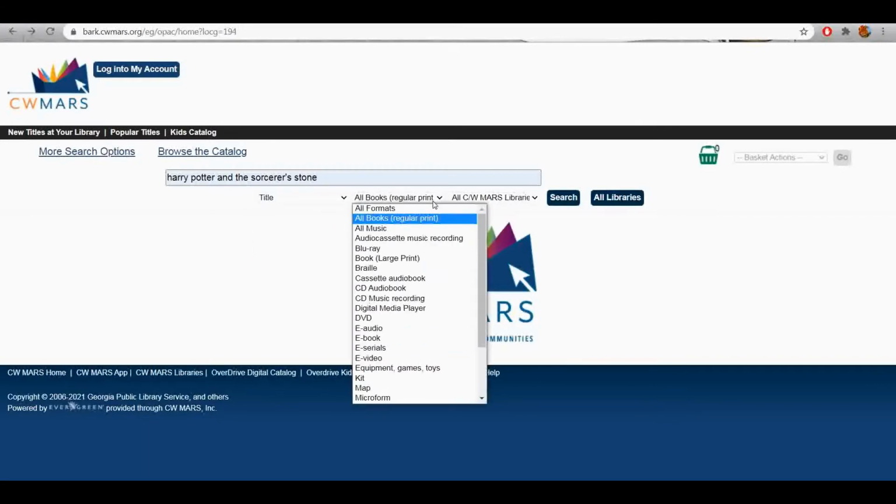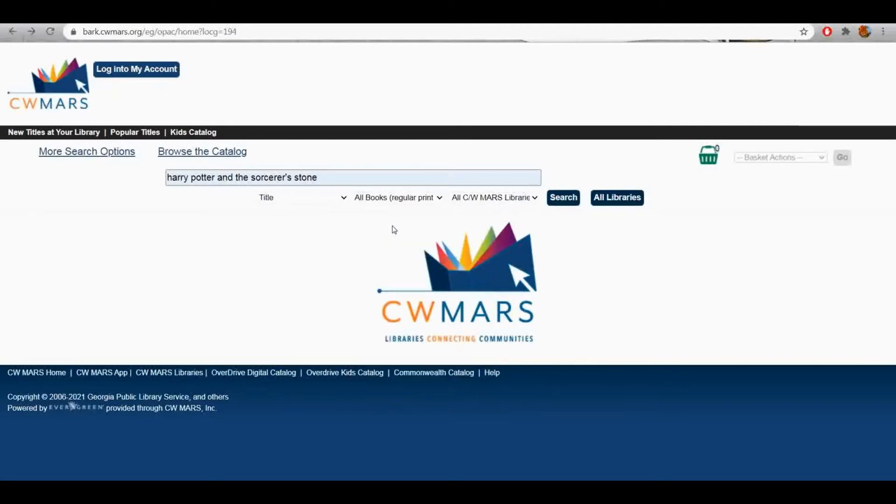And I would like the book format, but you can also select these other possible formats. For example, if you're interested in the CD audiobook or you would like the Harry Potter DVD, you can select either of those formats through this drop-down menu as well. For now, I'm going to stick with all books, and I'm searching all CWMARS libraries. So you're going to hit search,